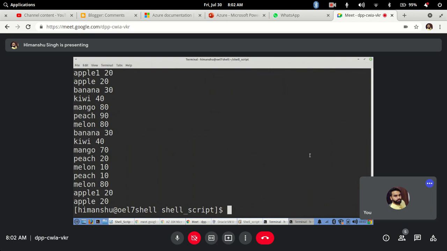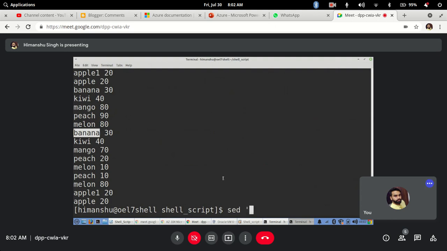If I want to replace this banana with, let's say, watermelon, you can use your sed command.